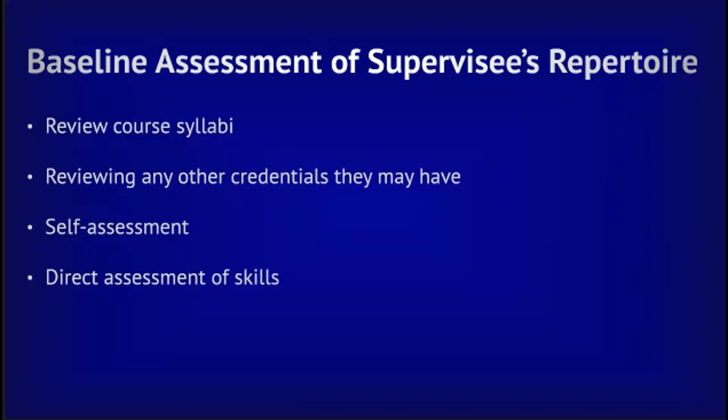One of the recommendations that they make in the article is that one assessment you can get of your supervisee's repertoire is through reviewing the course syllabi for those courses that they've already taken. And this is good information for you to have an understanding of what things they've already learned about in the classroom, or watched videos or readings or assignments they've already done, especially if you request to see any of those assignments. So if you had to complete the behavior reduction plan or something like that for class, maybe asking them if you can see what plan they wrote and things like that.